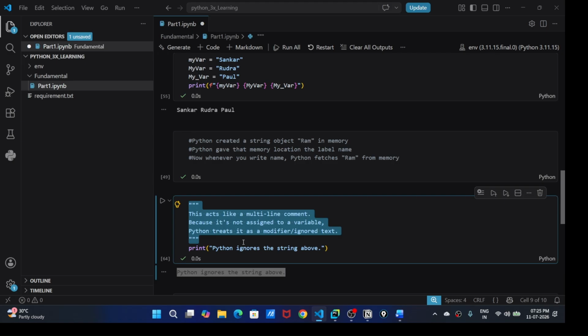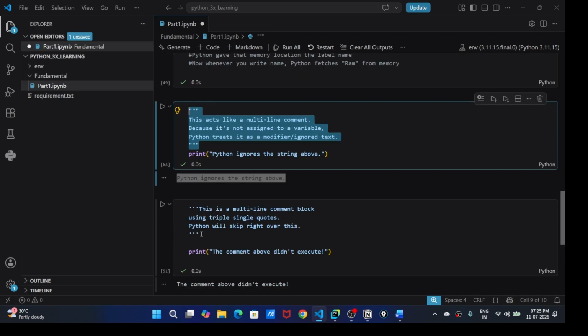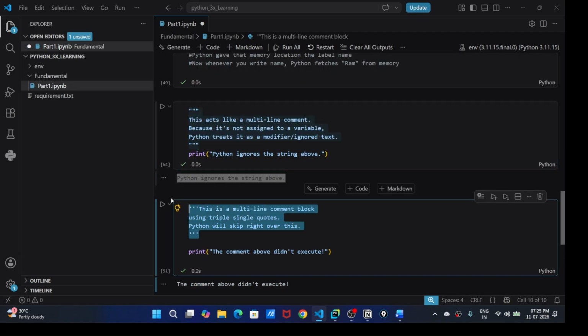But here is one catch: if you assign this to a variable, it will be considered a multi-line string. So again, there is no specific syntax for multi-line comments in Python; we can use triple quotes.